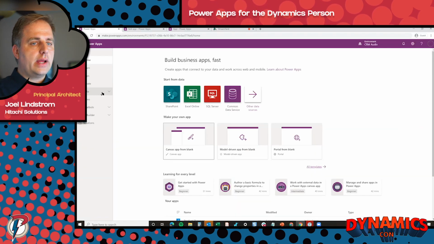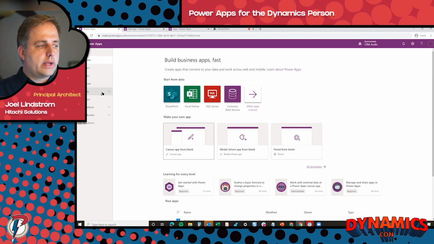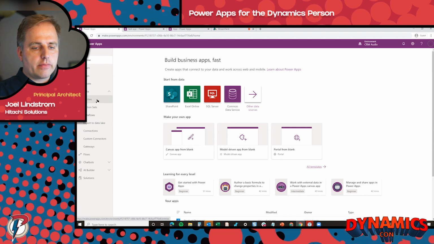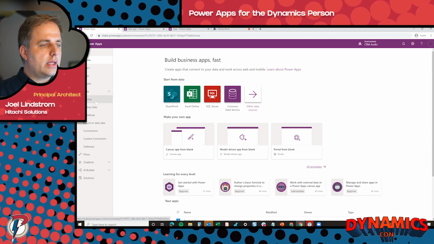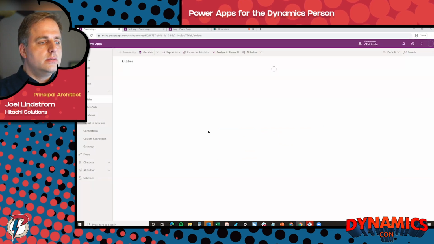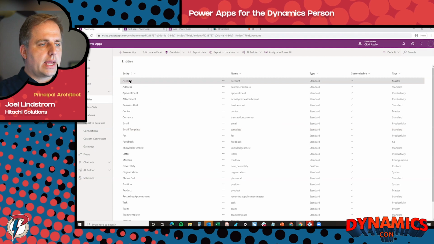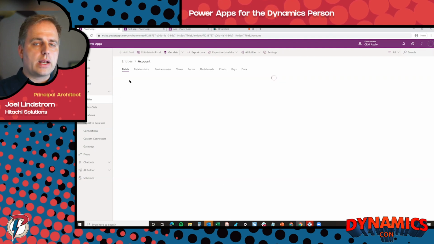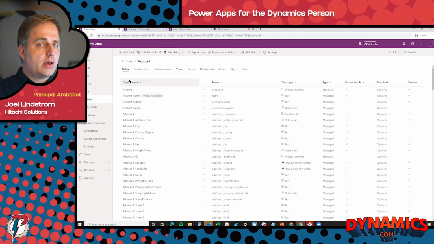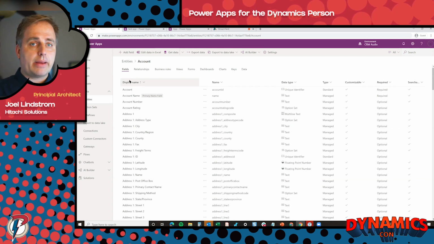All right, so in the maker experience here, we're going to go to the data tab. Now I would probably do that from a solution, but for example's sake, we're just going to go into the entity configuration and we're going to show that really quickly. So let's just go, for example, to account. Now let's just say, for example, we want the related contacts to show up on the form, but we want to add more detail to them. Maybe we want to have a picture of them. Maybe we want to have other information, maybe coming from a connector from a different system or something like that.